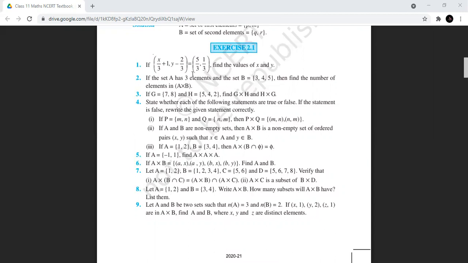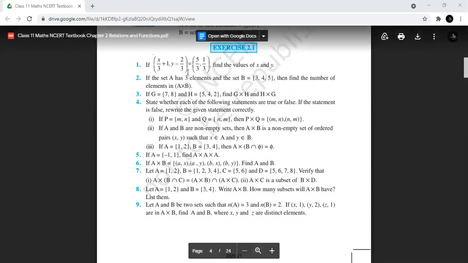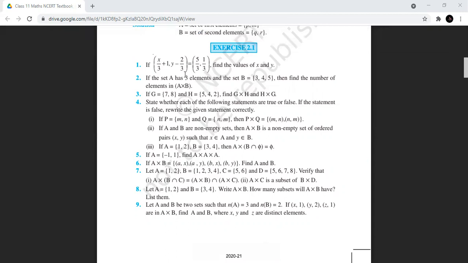Okay, so these are all calculations that maybe you've done in class 10, so that won't be a problem. So solve that first question. Likewise, y can be equated. Y minus 2 by 3 can be equated to 1 by 3. Changing the sides and all, you can find your y from here as well. That is a simple one.